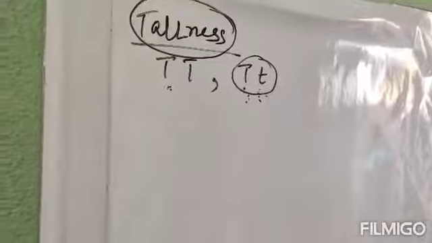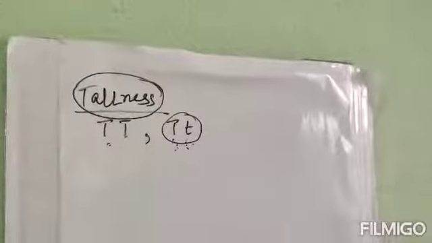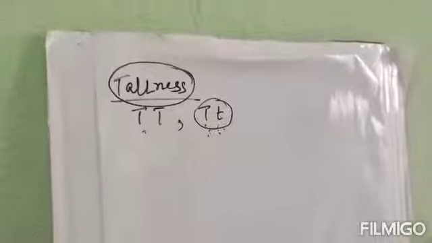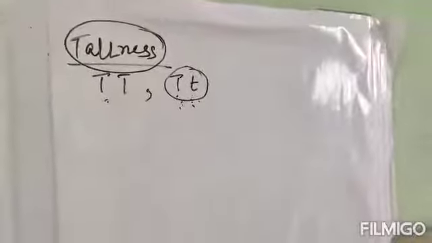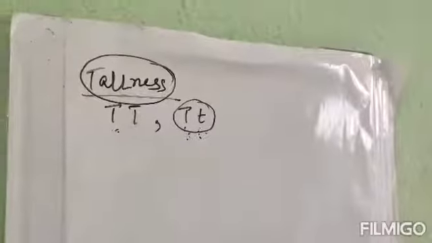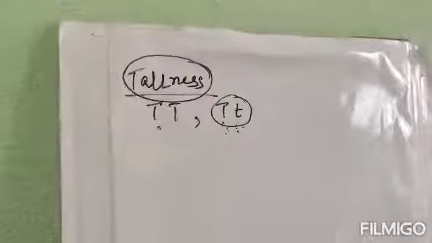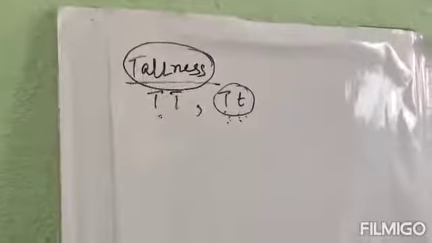Got it? Next, write the opposite traits for pea plant. See, I have given 7 contrasting characters for pea plant in your book. There is a chart. I have told you to memorize it thoroughly. That chart only you have to write. All those 7 contrasting characters you have to write. Okay, not all the 7. Write at least two characters, 2 opposite or 2 contrasting characters.